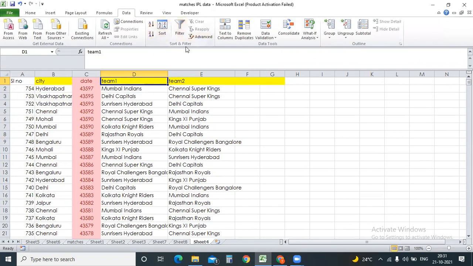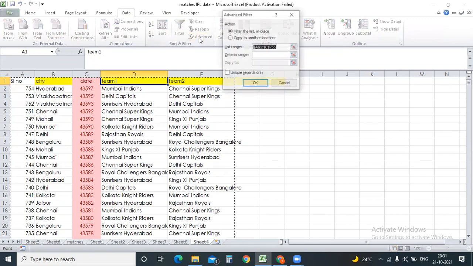Now this is clear. Advanced filters also, there are a lot of things. As soon as you select the advanced filter, it will highlight the data whichever is applicable. Okay, and just cancel. Even I'm not sure how it works. Filter in the same place, or copy to another location.